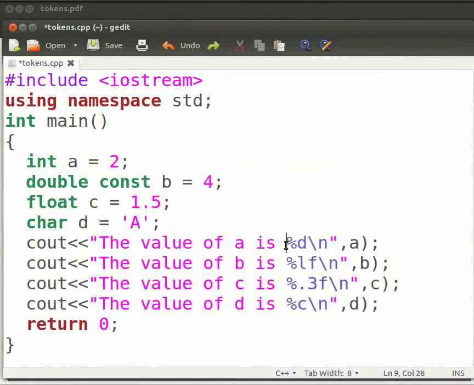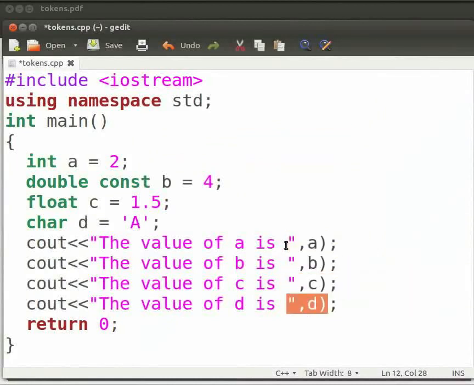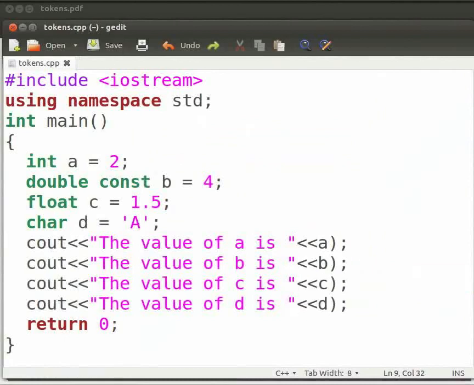Let us delete them. Now delete the comma and type 2 opening angle brackets. Click on save. Now delete the closing brackets. Type 2 opening angle brackets again and within the double quotes type \n.